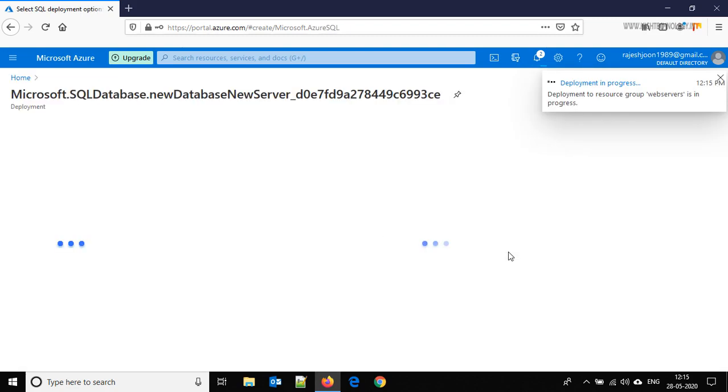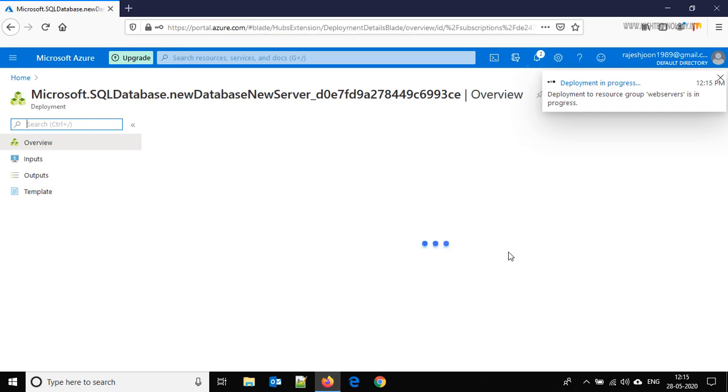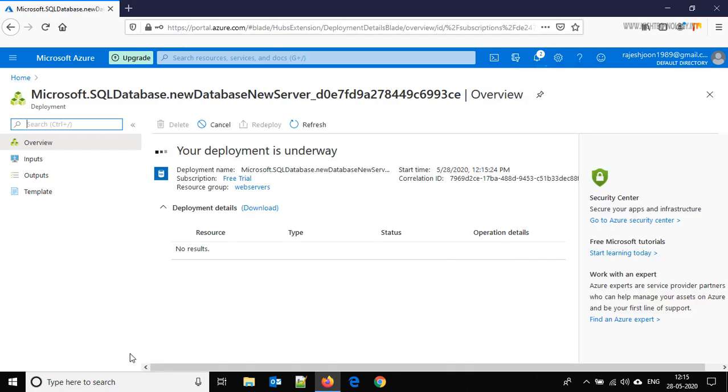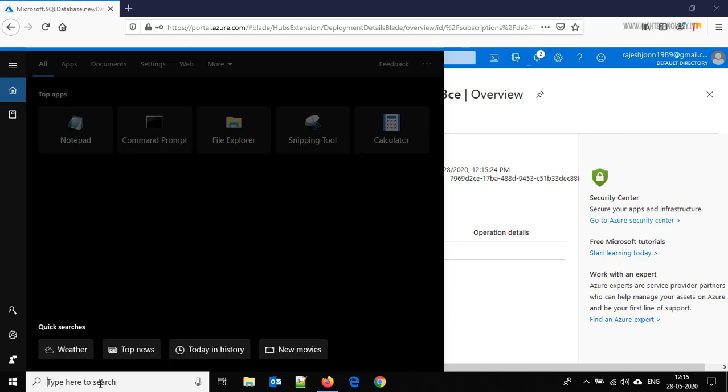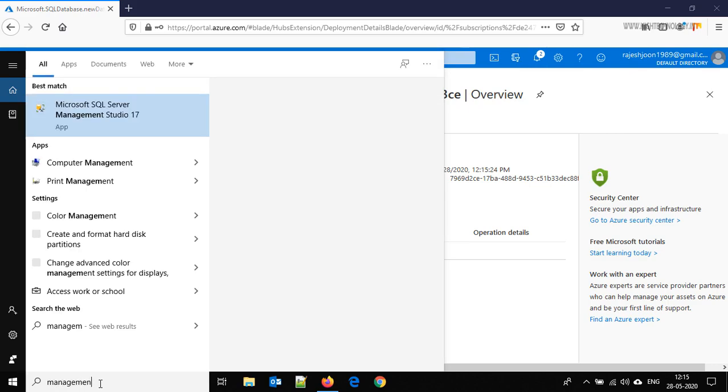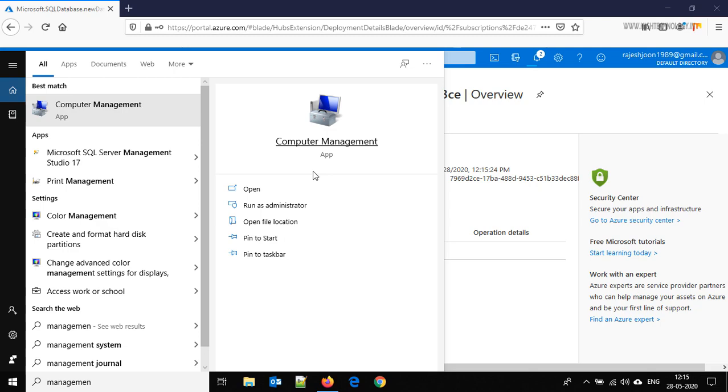Deployment is in progress, so let's wait for it. Meanwhile, let's open Management Studio.